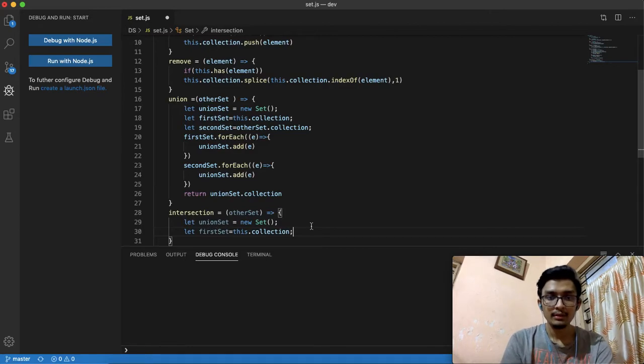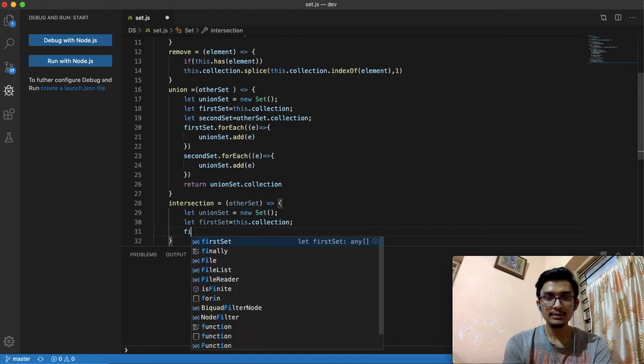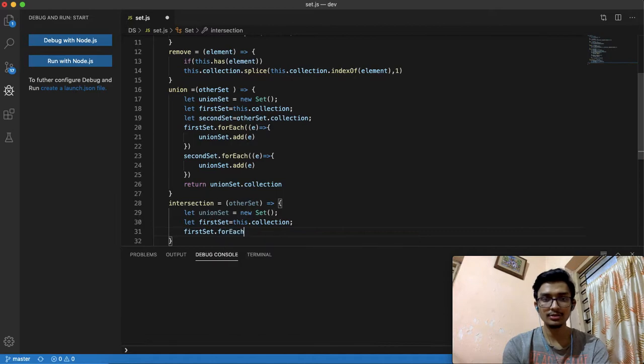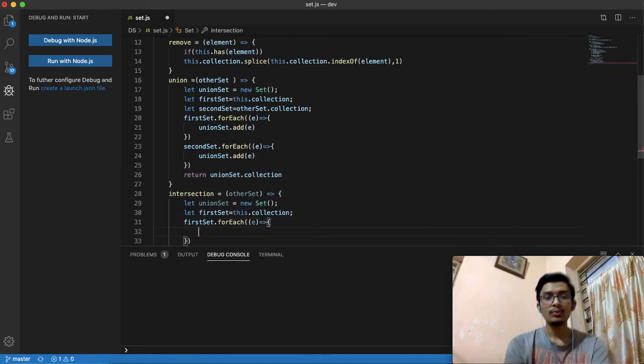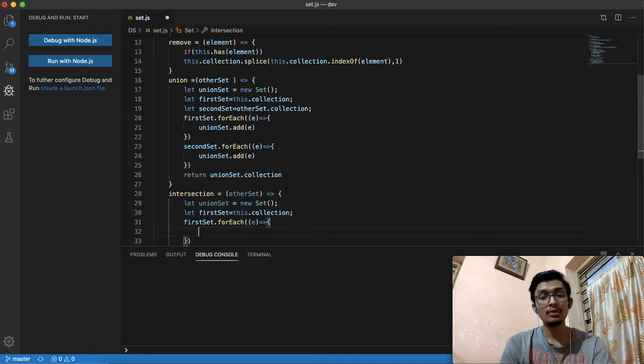Okay. Now firstSet.forEach. Now when will I add, or when will the intersection happen? If an element in the first set is already present in the second set, then only I will add it.